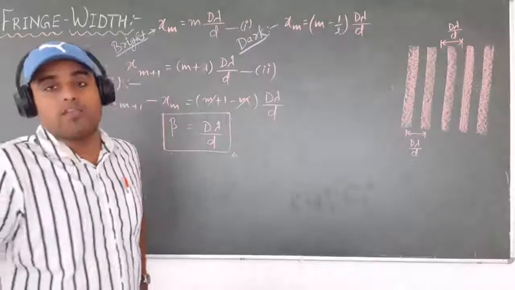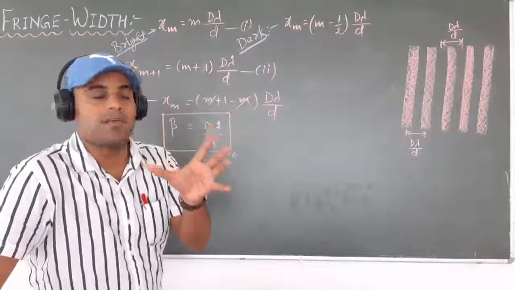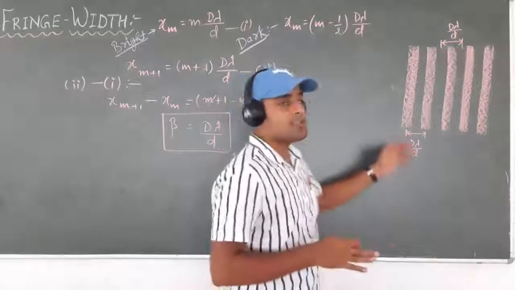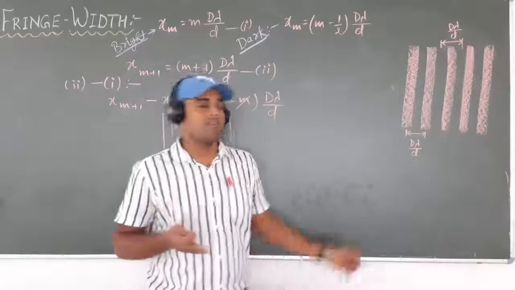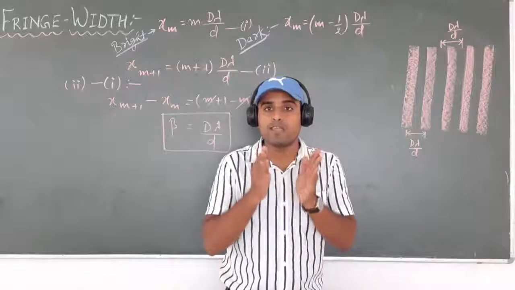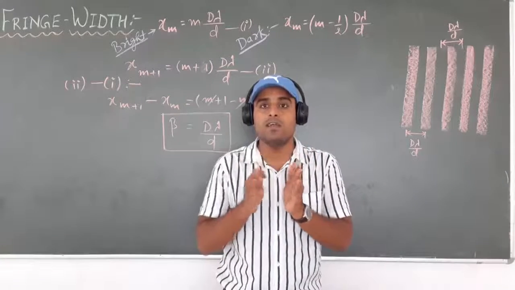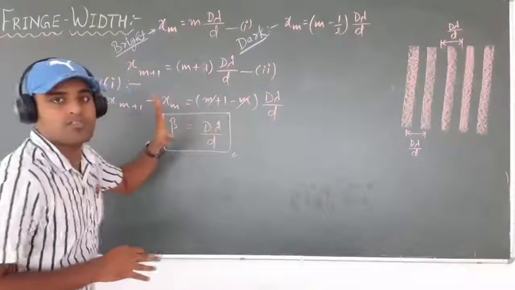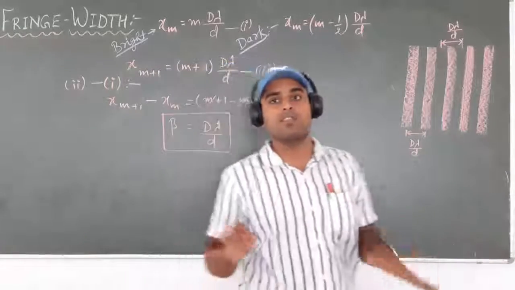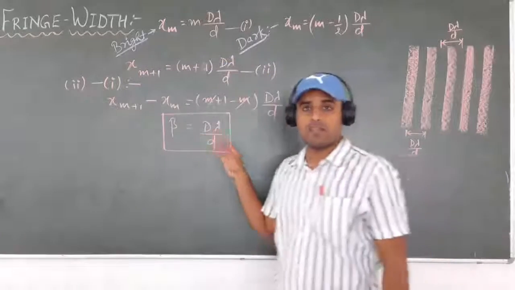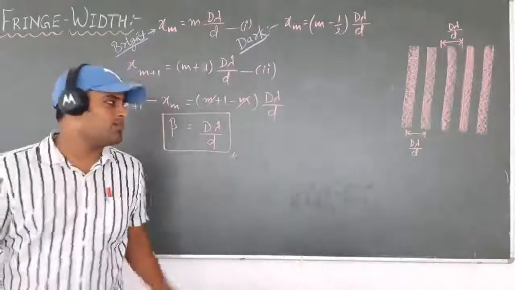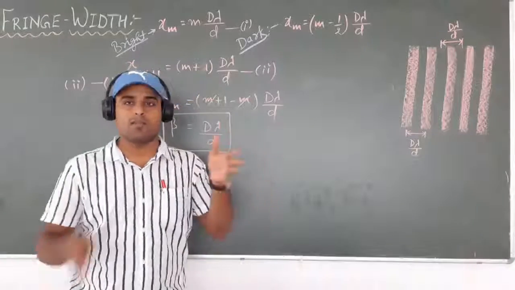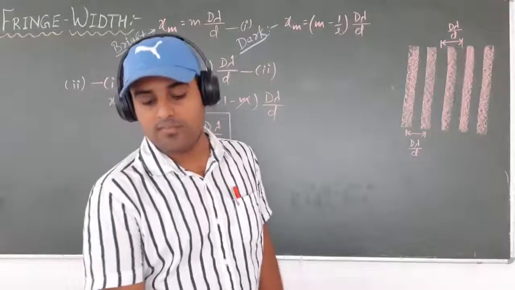Now the fringe width will always be broad. Fringes will appear thicker for red light, and for violet or blue light the fringe width is thin. मतलब मोटा फ्रिंज बनता है रेड लाइट के लिए और पतला बनता है वायलेट या ब्लू लाइट के लिए. क्यों? Because you can see in the equation the fringe width is directly proportional to the wavelength. So the wavelength of red light is more, that is why its fringe width will be more for red light, and for violet or blue it will be less, meaning a narrower width will form, and for red a broad fringe will form. So this is the equation of fringe width.